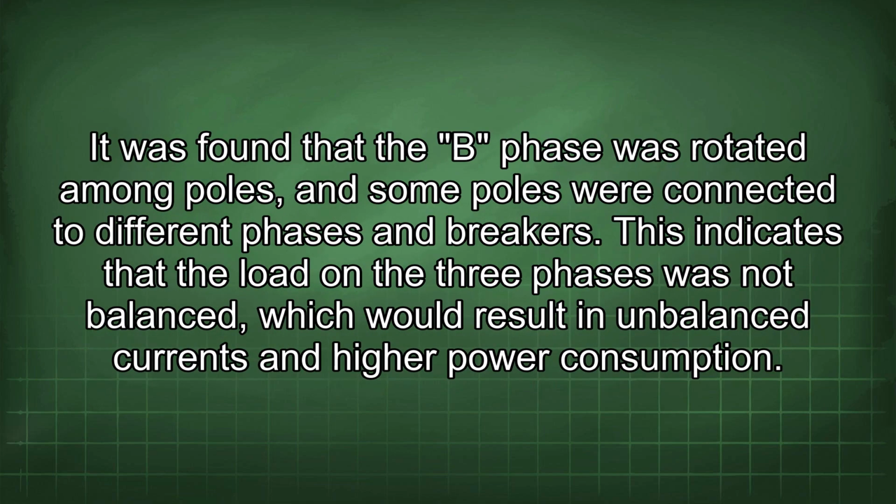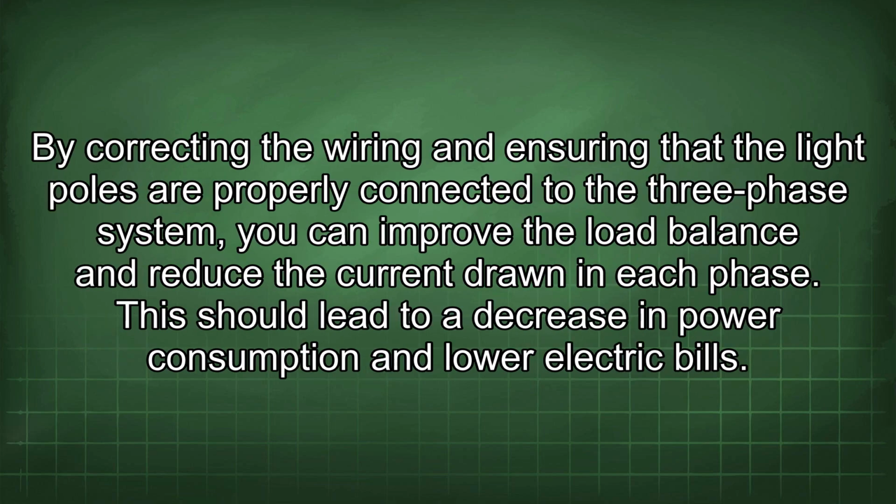bills. It was found that the B phase was rotated among poles, and some poles were connected to different phases and breakers. This indicates that the load on the three phases was not balanced, which would result in unbalanced currents and higher power consumption. By correcting the wiring and ensuring that the light poles are properly connected to the three-phase